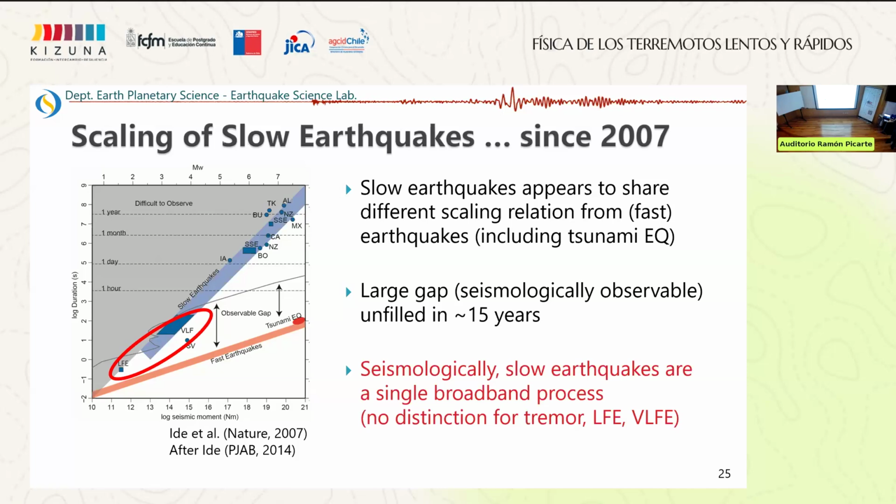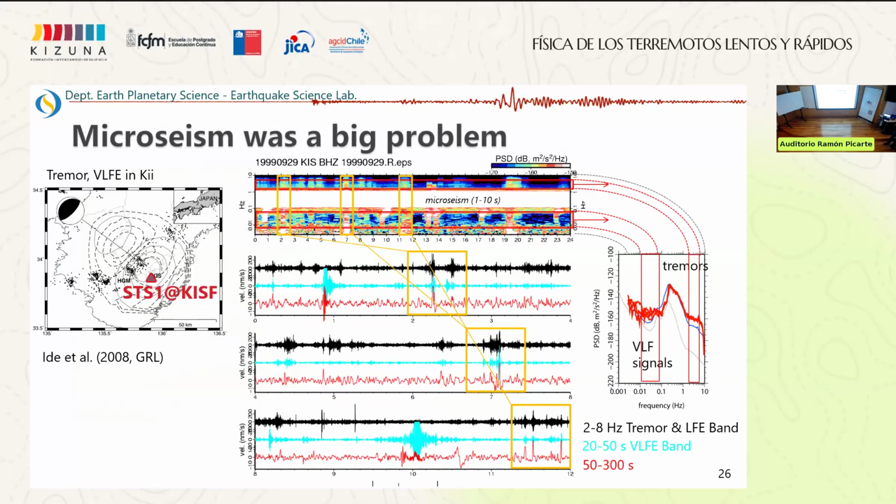This is the shape of seismic noise. So far, we explained that we can observe tectonic tremor at high frequency and very low frequency earthquakes at low frequency. That is demonstrated in this spectrogram. This is the spectrum for 1 day, and this is frequency from low to high. We usually observe tremor at high frequency, and we can observe very low frequency signal around here.